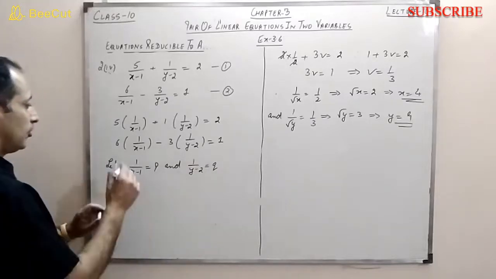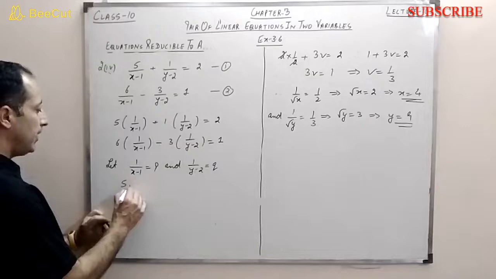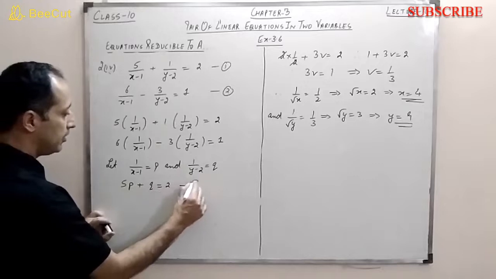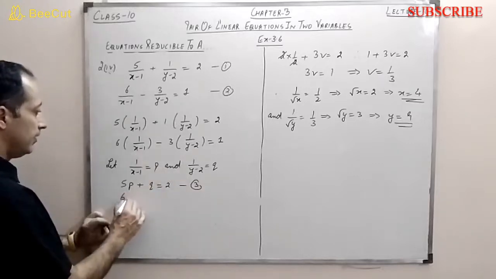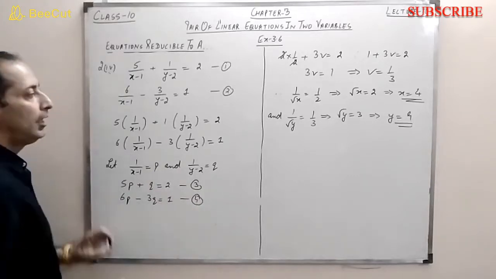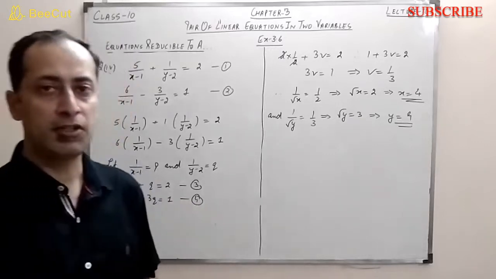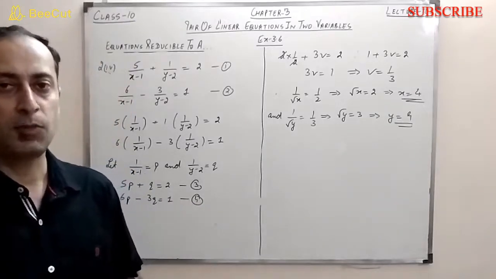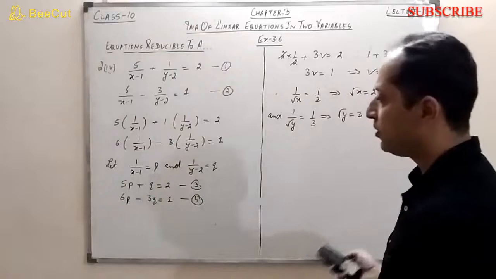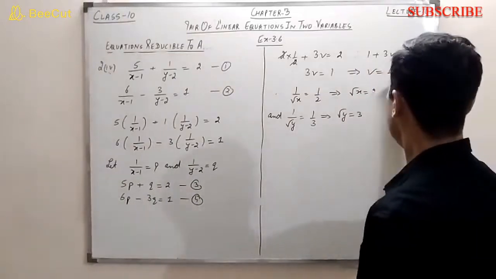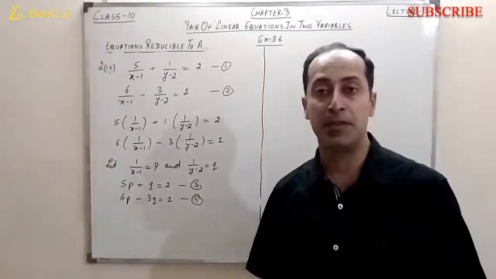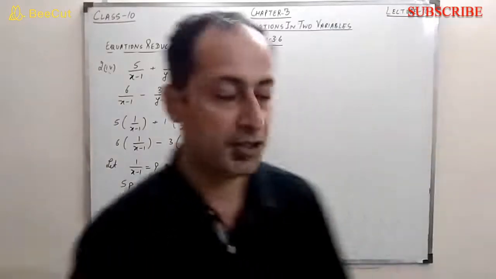Substitute the values now. The new equations I get are 5p plus 1q, that is q only, equal to 2. This is my third equation, and then the other one is 6p minus 3q equal to 1. You have to be very careful while you are forming the equations. A single mistake can spoil whatever you have done, right? So the next step is to simplify the two equations by any method which you find easier. You can apply substitution, you can apply cross multiplication. I find the elimination method easiest, so I will be doing the elimination method for all the questions.